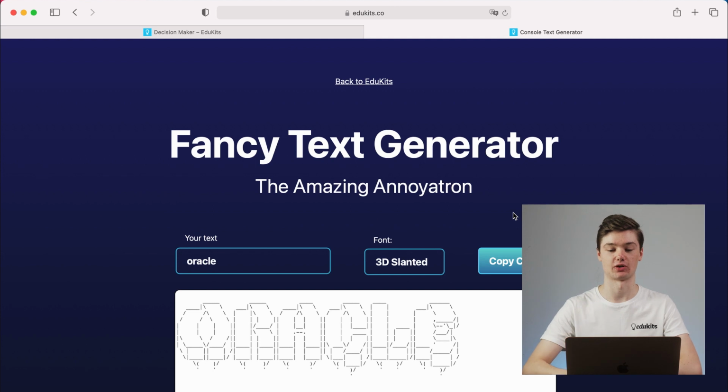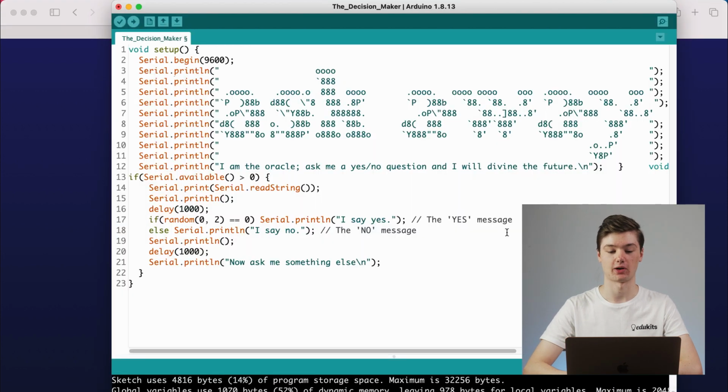However, before you go and delete all the text and paste in this new code, don't do that, because you are only going to get rid of the specific part of the code that prints the message at the top. So go back to the Arduino application, and let's look at what we have to delete. If you see this top line after the setup, line number 2 says serial.begin 9600.